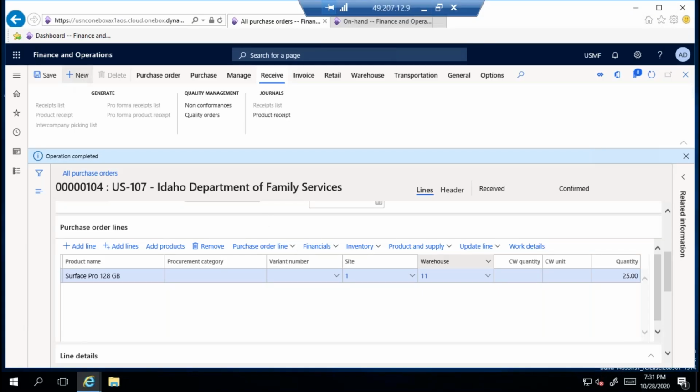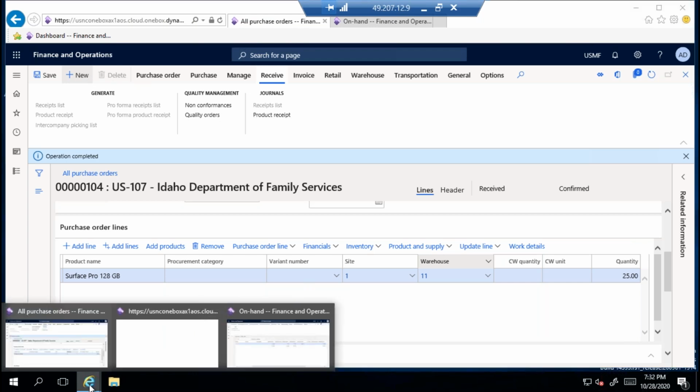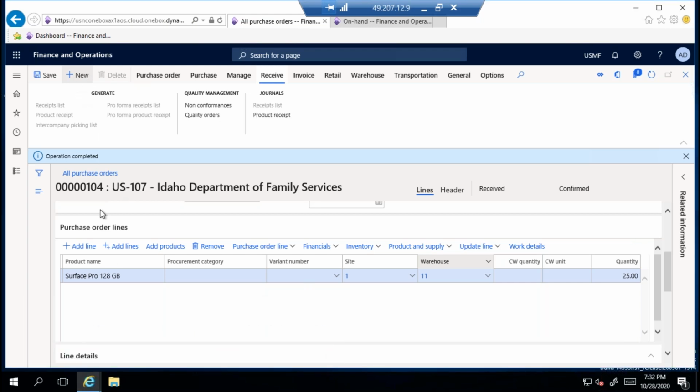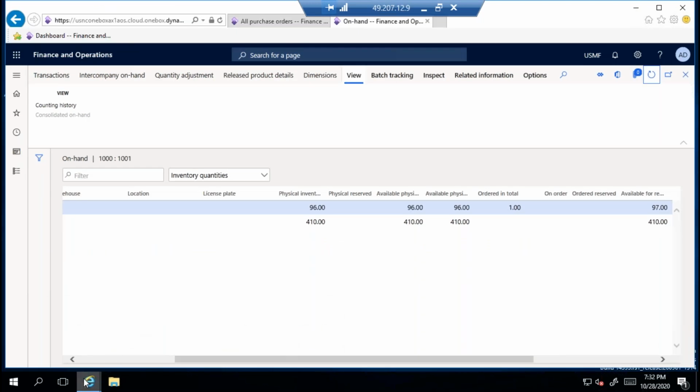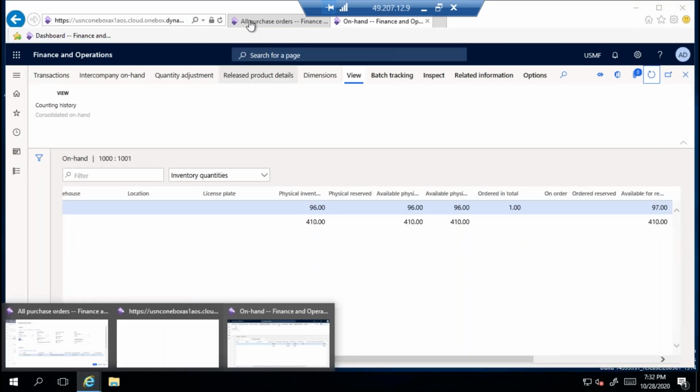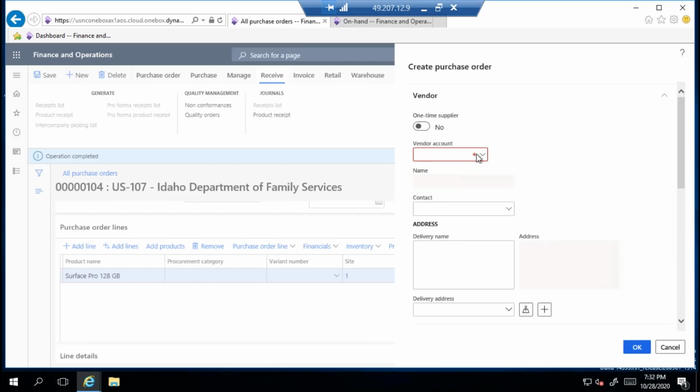I'm clicking on new one. Okay, selecting the vendor.